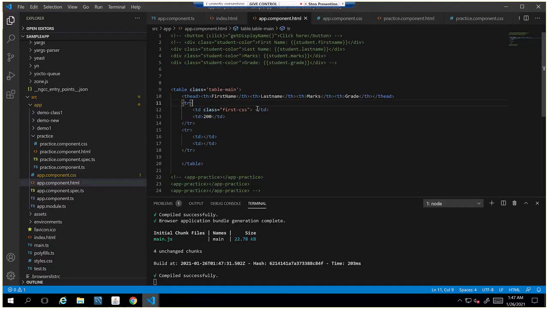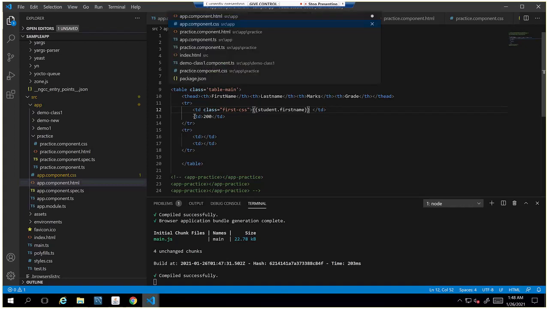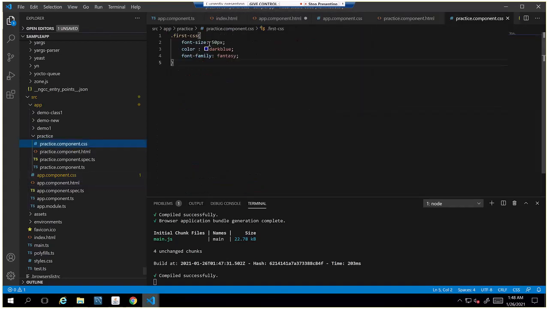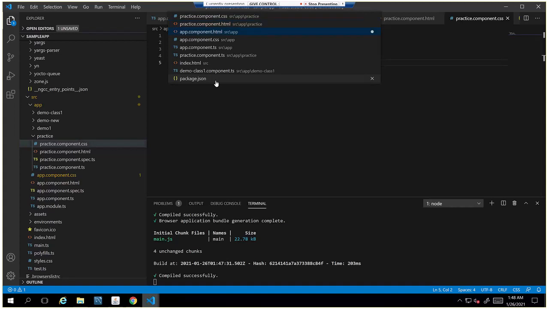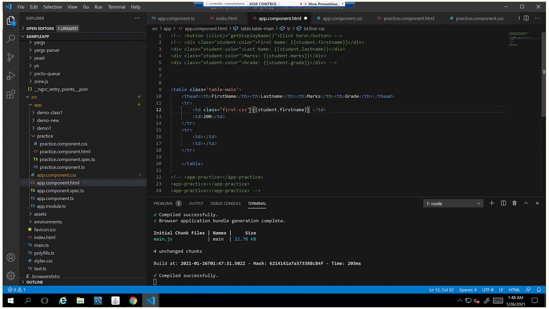Now TD is done. Now we are going to iterate one row and print the names. Like for first name, we have created already first name, and I'm going to use that. And what is the class in the TD? That class is not there. Actually, I have copied from practice.html. Here we have created previously the class. Oh, okay. Yeah, got it. Remove that, and even if you don't specify the class, it will ignore. It tries to load. If it is not present, then it will ignore.